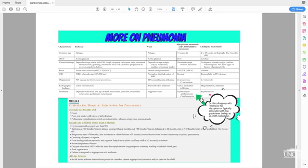Same type of treatment as erythromycin. A lot of times if you've caught it early, you can treat that outpatient, okay? But if you haven't caught it early and the child is showing any signs of major respiratory distress, you need to refer them for admission to the hospital. Okay. Let's go ahead and move